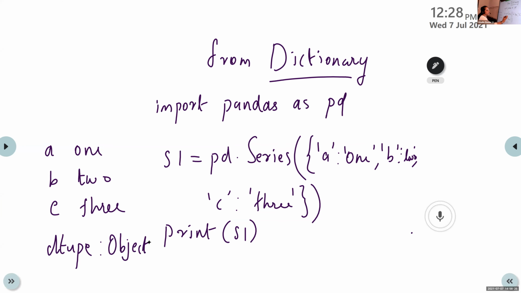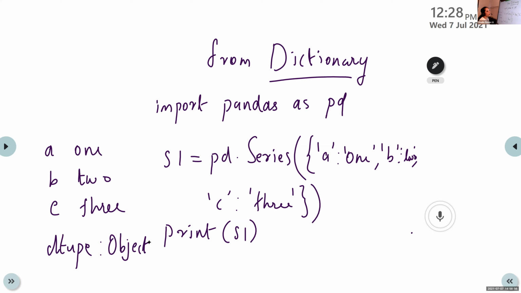Here there is no separate statement for index representation. We are just writing the dictionary inside this series creation statement. So A is the index value and 1 is the data value. Here B is the index value. That is, the key is used as the index value and the value is used as the data value.